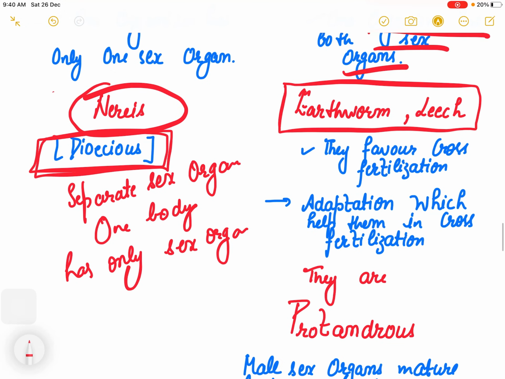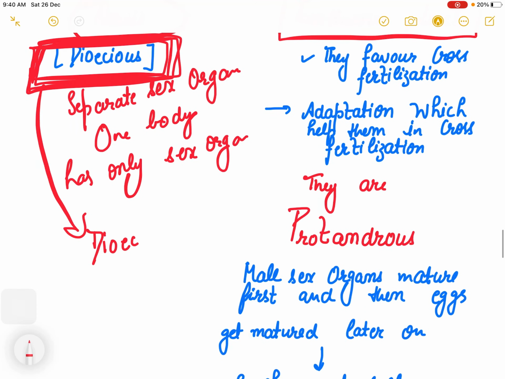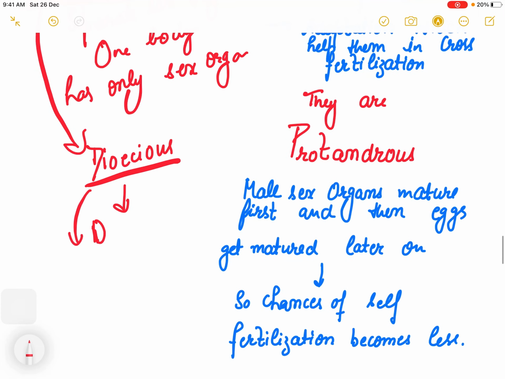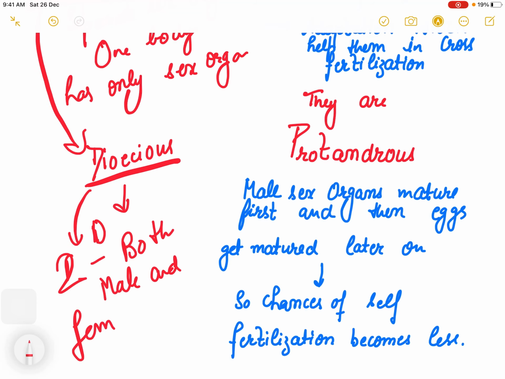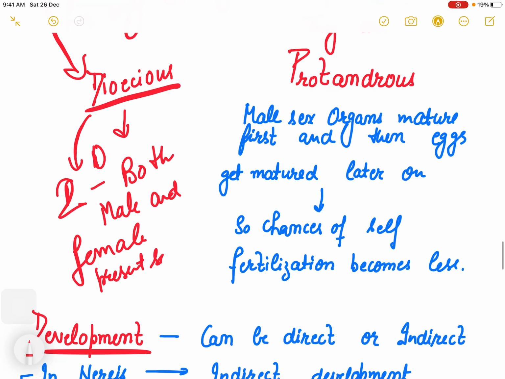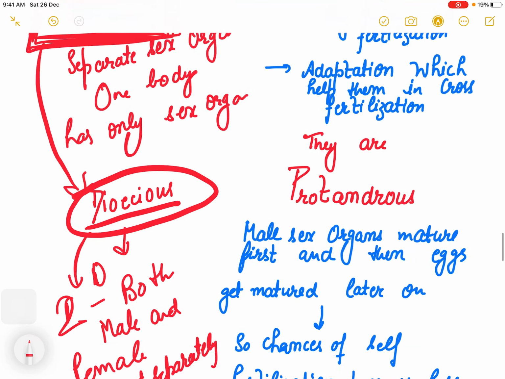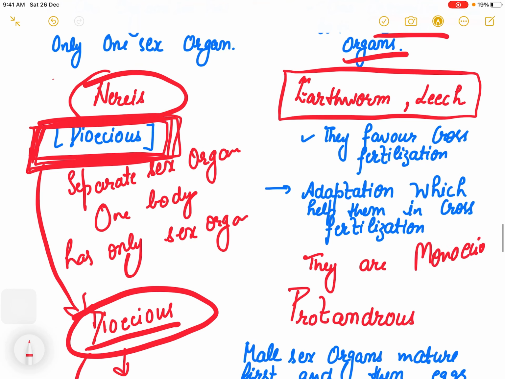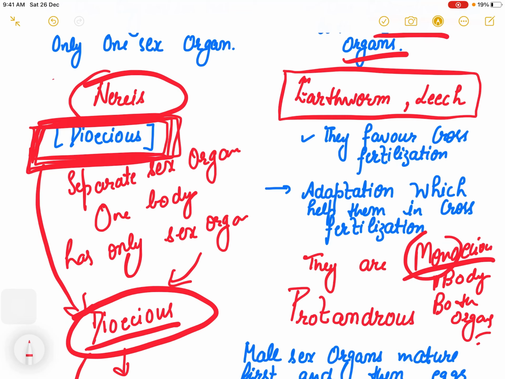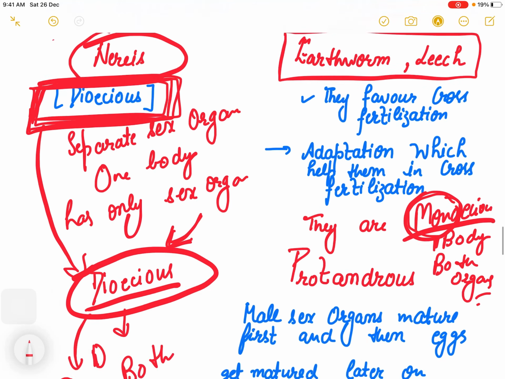In books there is another word which is mentioned, usually we use this word for plants, that is dioecious. Now the mistake we make is thinking dioecious means you put both things in one body, male and female, but no, di means two. So here you have to keep in mind that male and female are present separately. Monoecious: how to remember it? Mono means one body, both organs. So you will never be confused. Monoecious means both are in one body, and dioecious means they have separate male and female sex organs.